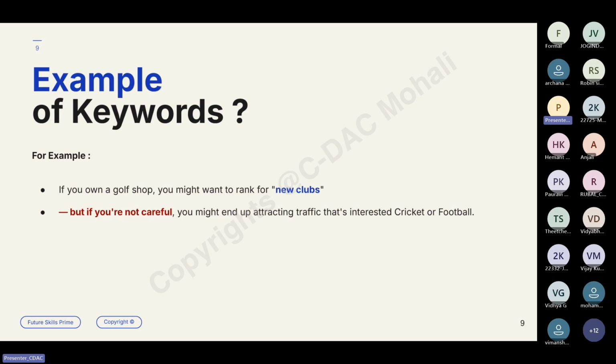Examples of keywords. If you own a golf shop, you might want to rank for new clubs. But if you are not careful, you might end up attracting traffic that is interested in other sports equipment. Suppose you have a golf shop and you want to sell golf clubs. Golf is also sports-related, and clubs come under the sports category. If you make a website for your shop but are not careful with the SEO part and the keywords,